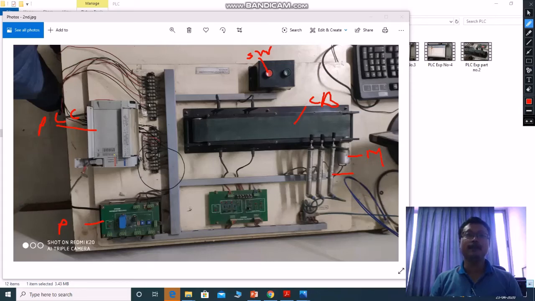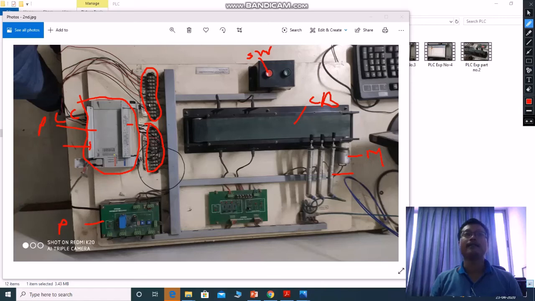So these wires are called the input device connector. This interface is called the output device connector. So how do we find what will connect to where? In this PLC, if you see closely, this side is called the input interface and the other side is called the output interface.